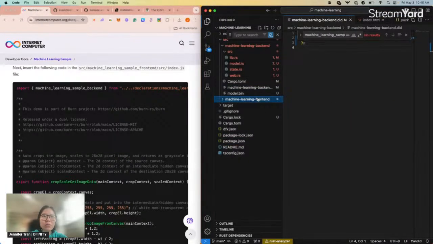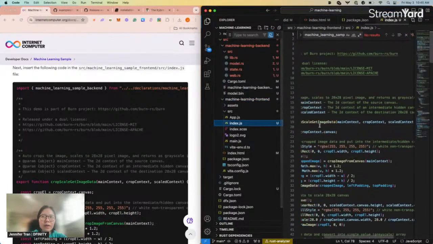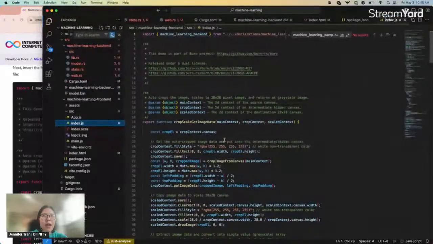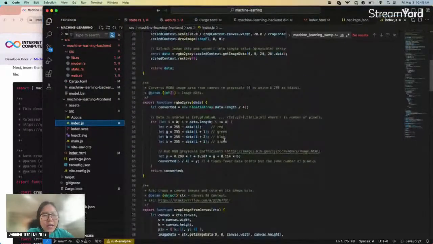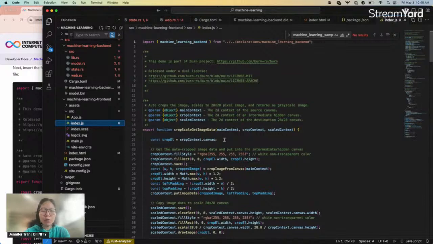It looks like this example used, for example, machine_learning_sample_backend.